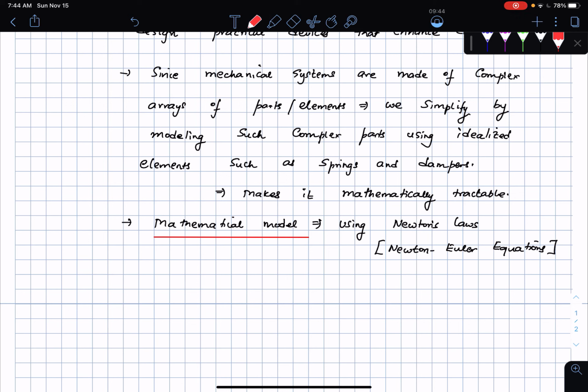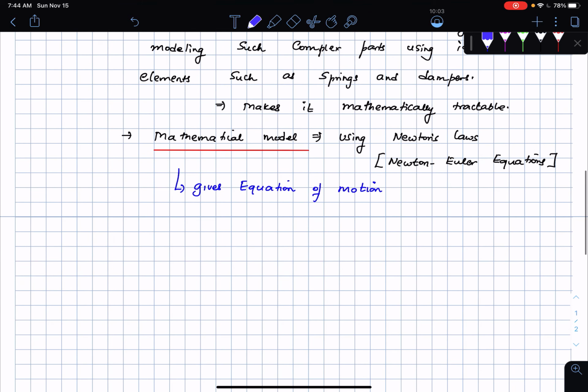Okay, the next step is typically you have to solve the mathematical model. The mathematical model will end up giving you the equation of motion. Okay, so this gives us the equation of motion. And then I guess if you want to look at the basic steps in the analysis, which we will not be doing, but something that you should be aware of,